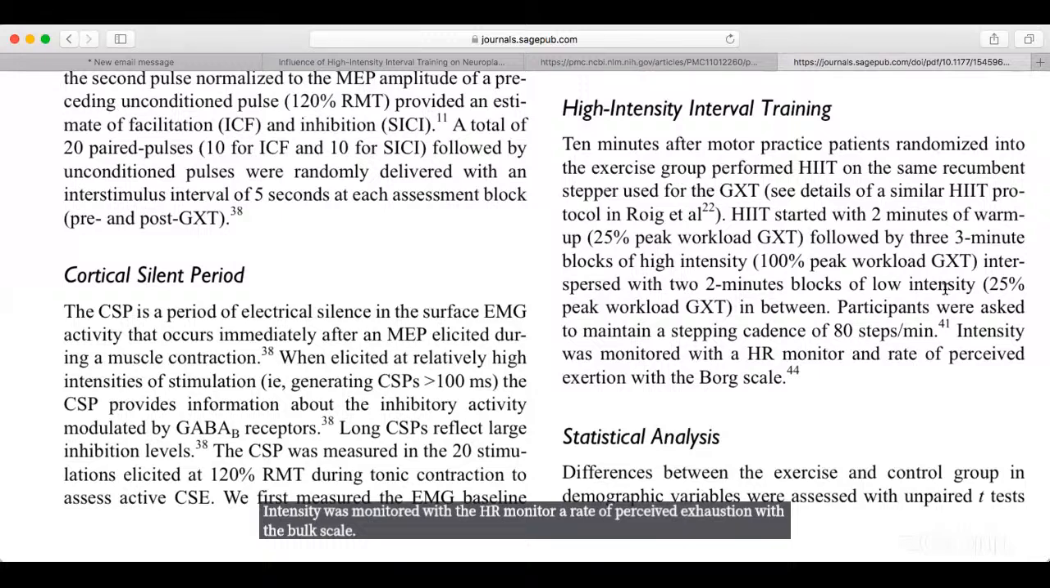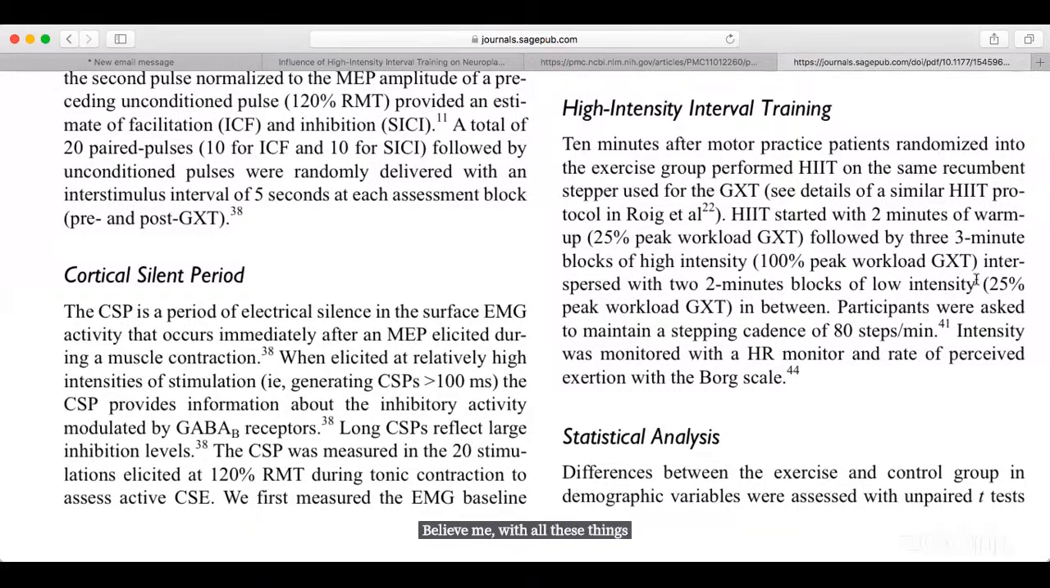Believe me, with all these things that I've explained to you, I will still need to study this more and apply it on a subject before I go and apply it on my patient. But now that I know there is a paper that has shown that this is effective in improving neuroplasticity of my patient,